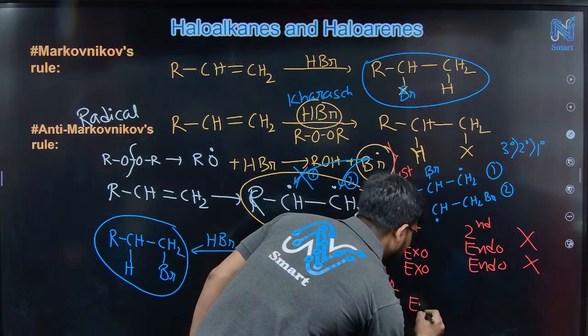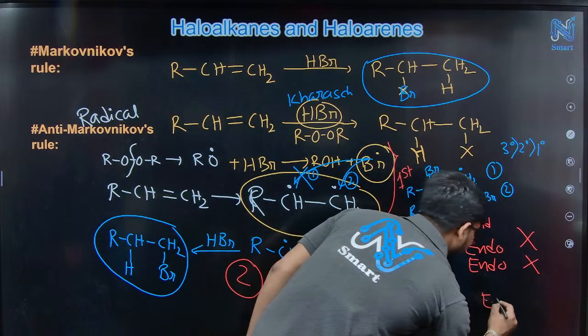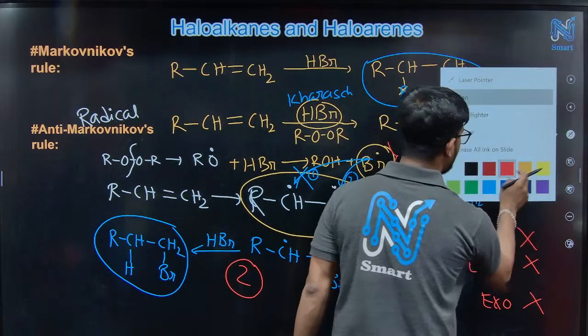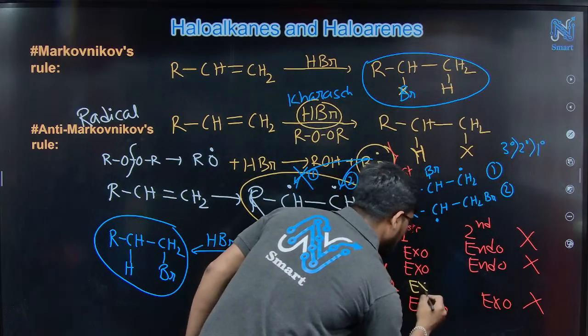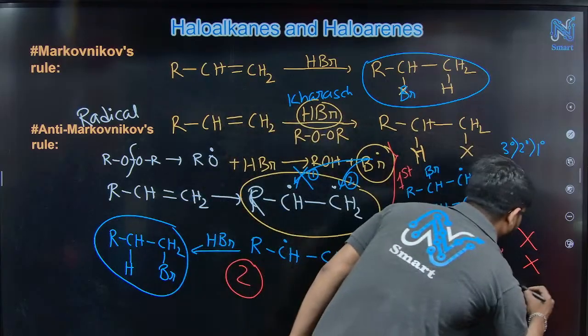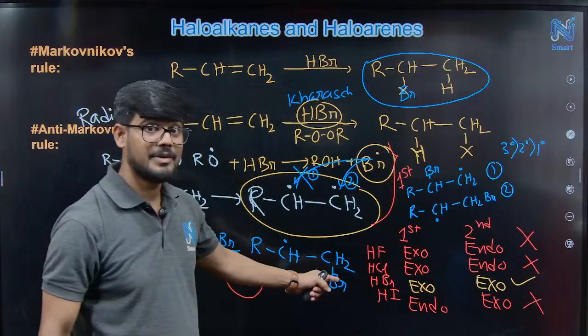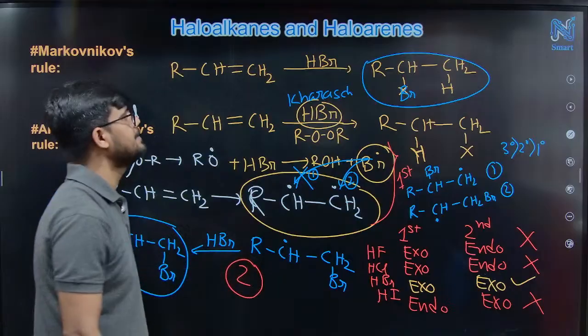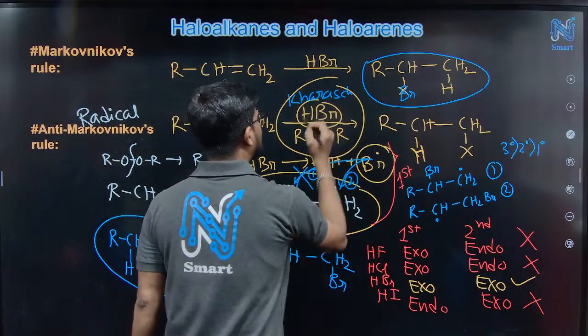In HBr, the first step is endo, the second step is exo. Again, it will not show. Only in the case of HBr, the first step is exo and the second step is also exo. Both are exo. That's why only exothermic means the radical mechanism process is self-sustaining. So that's why only HBr can show